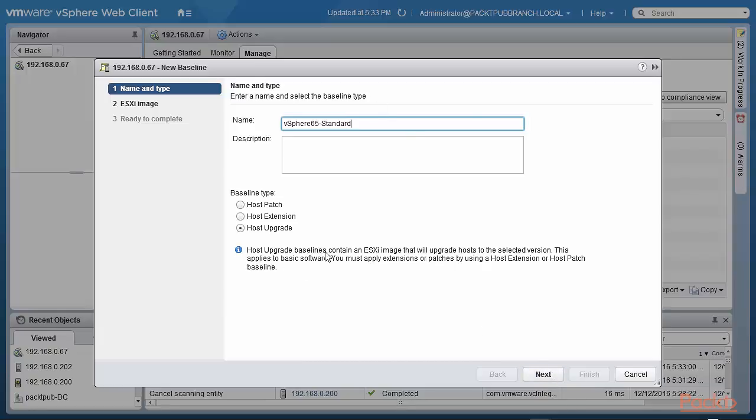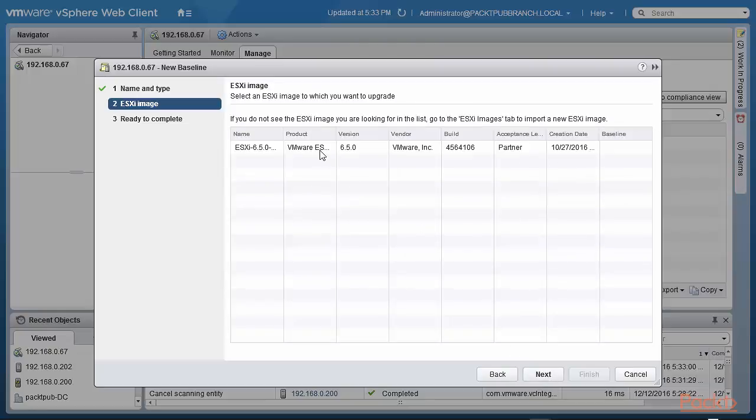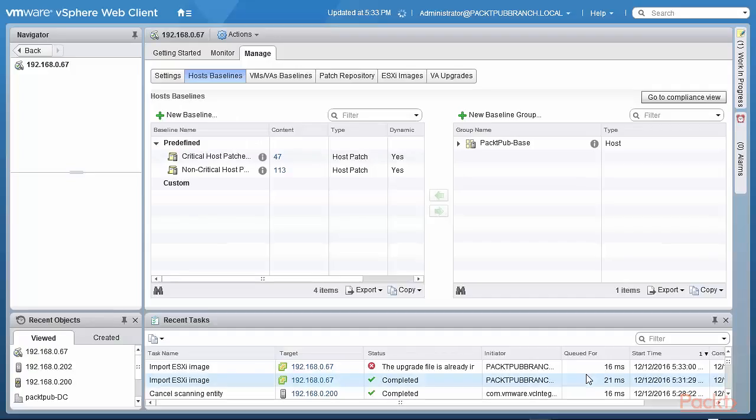The host upgrade baseline contains an ESXi image that will upgrade hosts to the selected version. Next. And this is the ESXi image to which I want to upgrade. I click on next, ready to complete. And so the baseline now contains that image, which is a host upgrade image. I go to the compliance view,